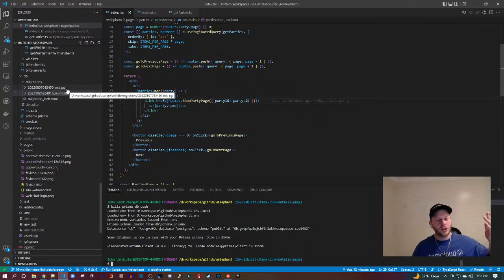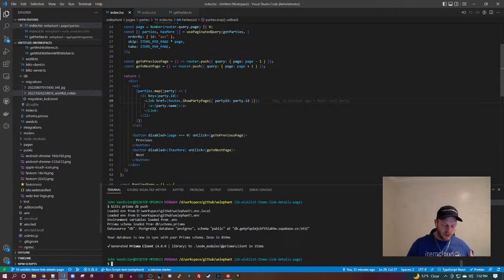Because you just changed your remote production database and you have no traceability, you have no version control, you have no record. So this is super scary and dangerous. In development, I usually push till I'm ready to deploy, then I run my first migration. A lot of developers do this, and that's okay. Prisma enables you to do that if you want.